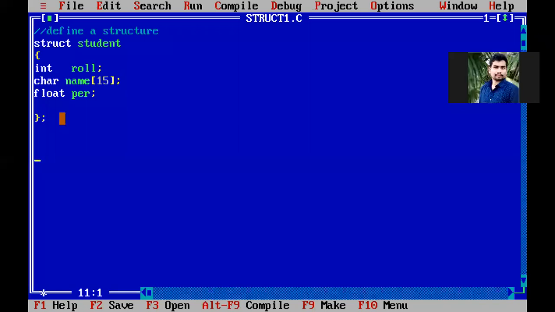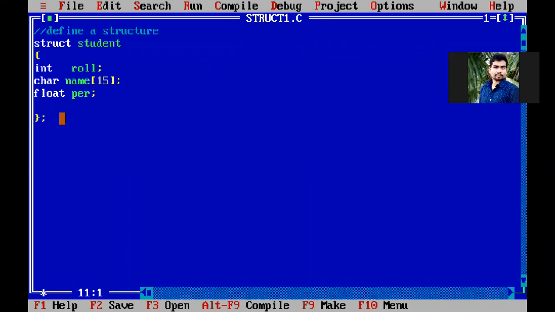Next we will go for the second subheading. What is the second subheading? Creating a variable. Why are we creating a variable? We are creating a variable for a student structure, so that the memory is allocated for all the members of that particular student structure. And one student asked me just now, what is the size of the particular student structure?